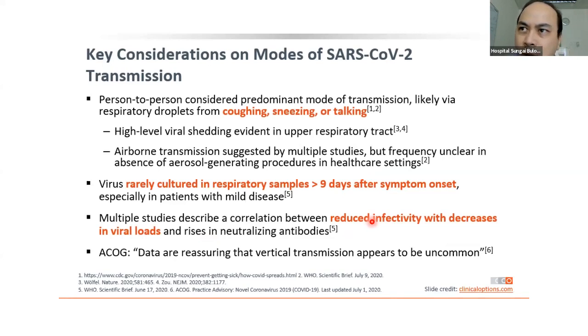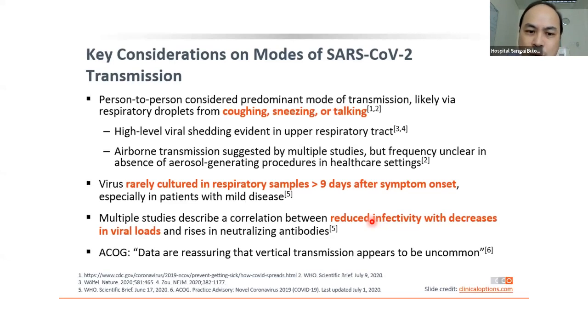Now, what about the role of fomites, or surfaces, when the surfaces get contaminated with the virus? It depends on how much virus there is on the surface, how long it has been there, and what kind of surface we are speaking about. When your hand touches it and then wipes your eyes or your nose, there's a theoretical risk of COVID spreading that way, but it is not the main way of spreading. The main way of spreading we know is by droplet spread.